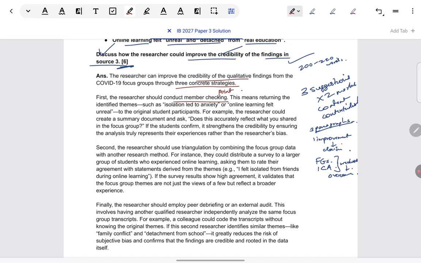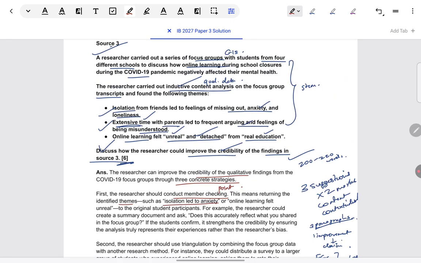In qualitative weaknesses, you have definitely learned about bias. And one thing which can help rectify bias, you have learned about that also, is member checking. Member checking means participant checking. Once the researchers have finished inducting and found their themes, give some examples that are relevant to what is mentioned here. Say they have found isolation leads to anxiety, or